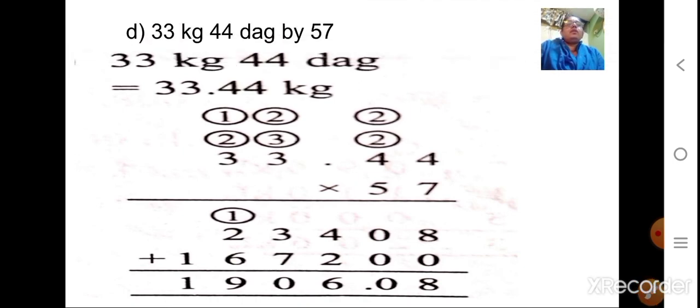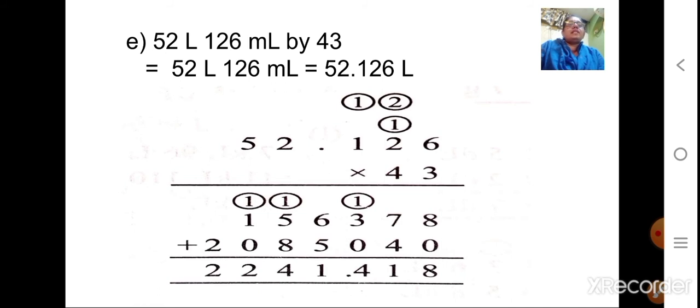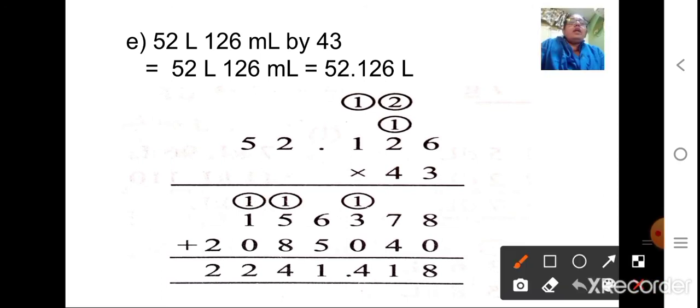Coming to the next sum here, 52 liter 126 milliliter by 43. Same here, you are converting. You will convert this 126 milliliter to liter because we are writing it using a decimal point. So 1000 milliliter is equal to 1 liter. When you divide this, that will be